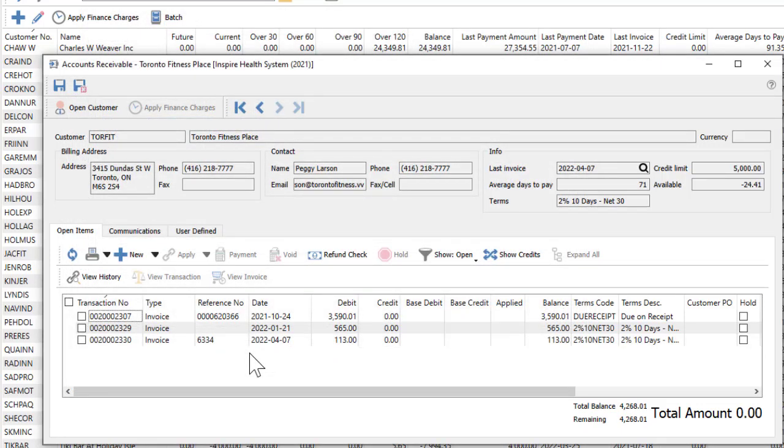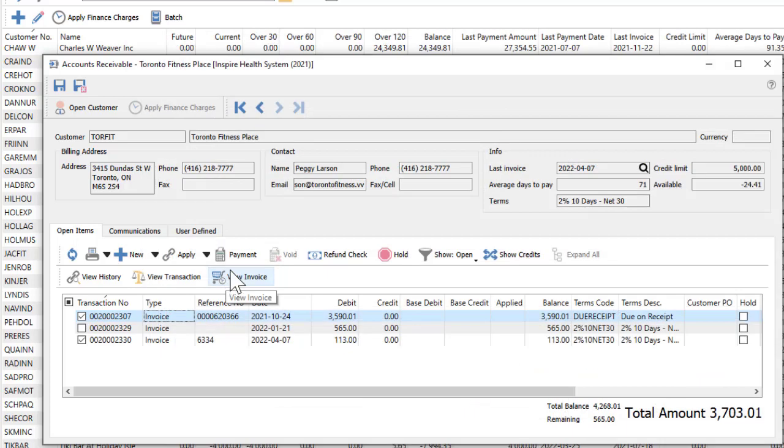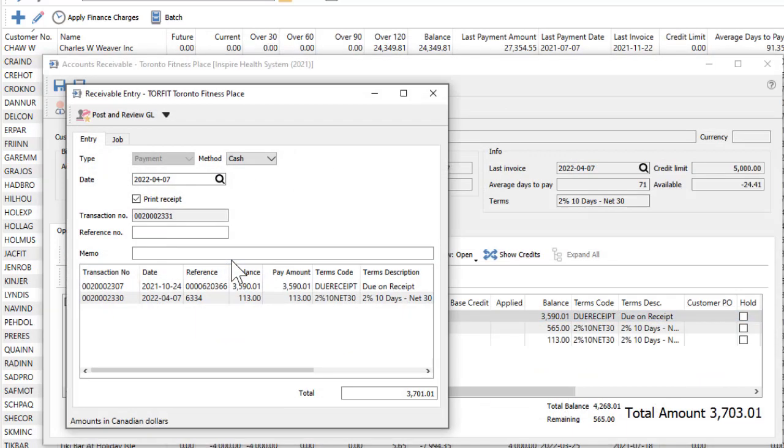The other common transactions are payments on invoices. These are very easy to create. Just click the checkbox next to each invoice being paid, then click the Payment button to start the entry. If you wanted to investigate details about invoices that came from sales orders, you can view the invoice and load that information. When processing the payment, enter the payment reference number and indicate if a customer receipt form will be